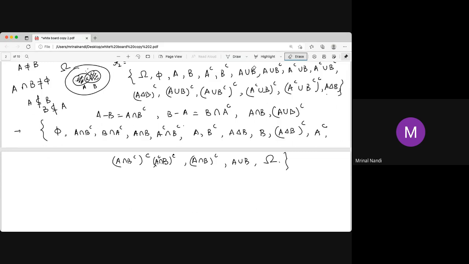Conjunctive normal form or disjunctive normal form. If you write some set as a union of intersections of sets, it is one procedure, and another procedure is writing a set in the form of an intersection of unions. So take a union first, then take the intersection. But this method is better: